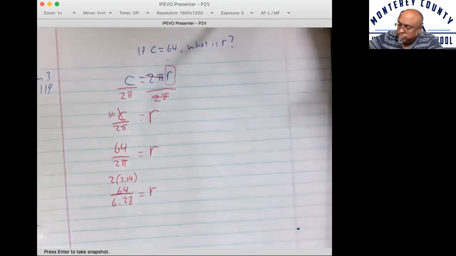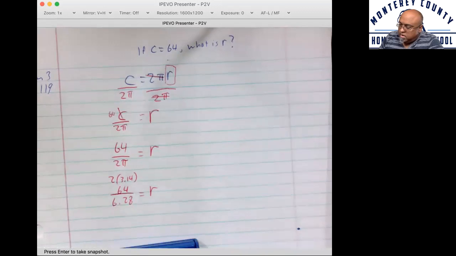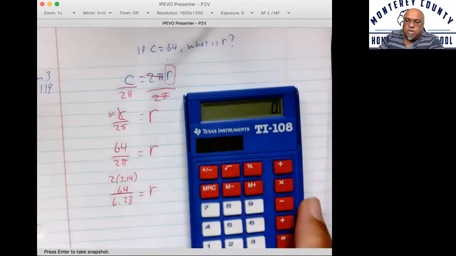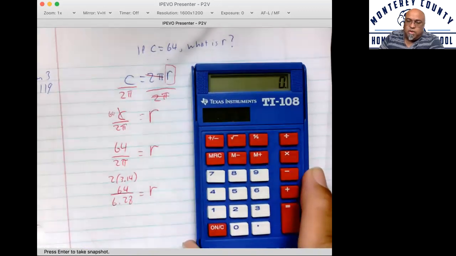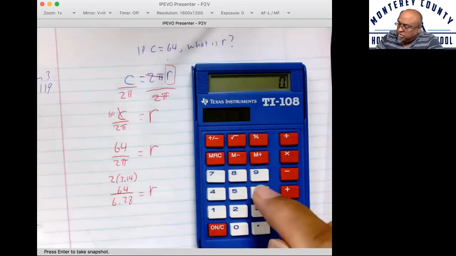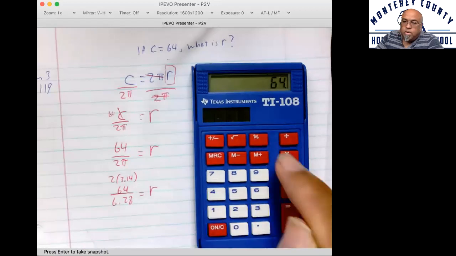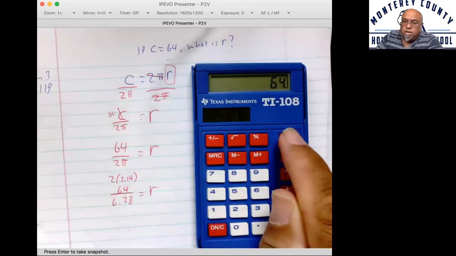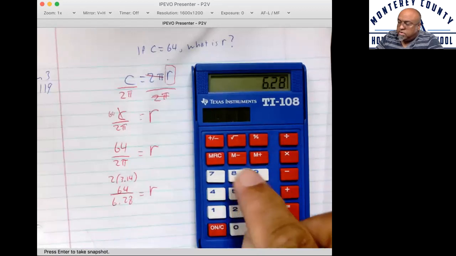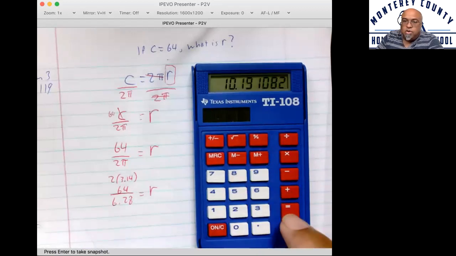Now, I know I can do this dividing on paper, but I'm just going to save time because this is not a lesson in division or arithmetic. This is a lesson in formulas. Okay, so I'm going to go 64 divided by 6.28, which equals